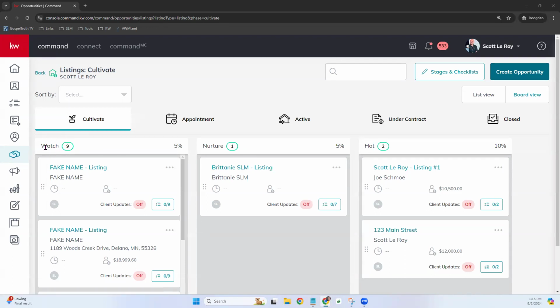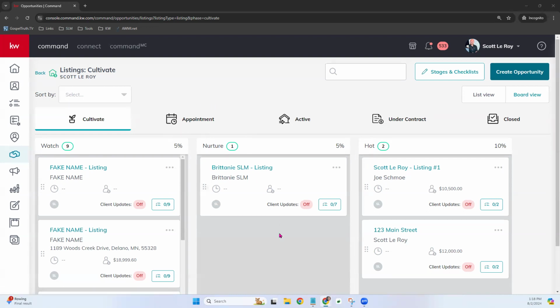You have a watch stage. You're obviously keeping an eye on that particular possibility or opportunity. You begin to nurture it, so we have a nurture stage. And then you have a hot stage where they're getting ready to take action. And your next step is likely to move into the appointment phase where you start to set that appointment with